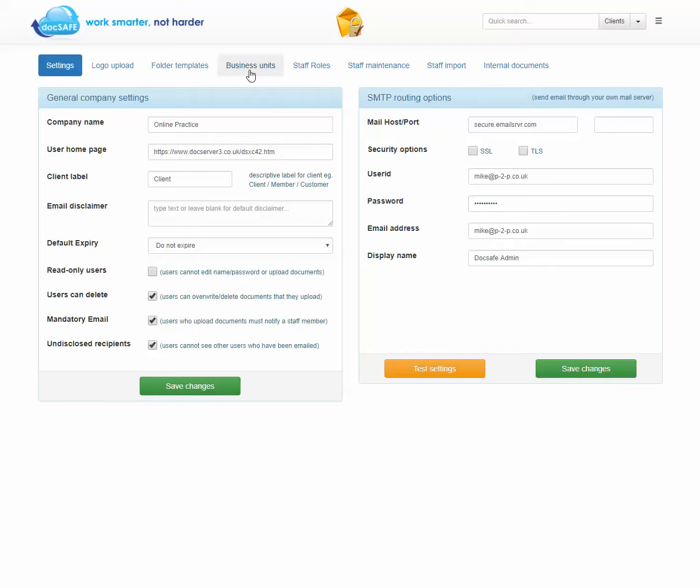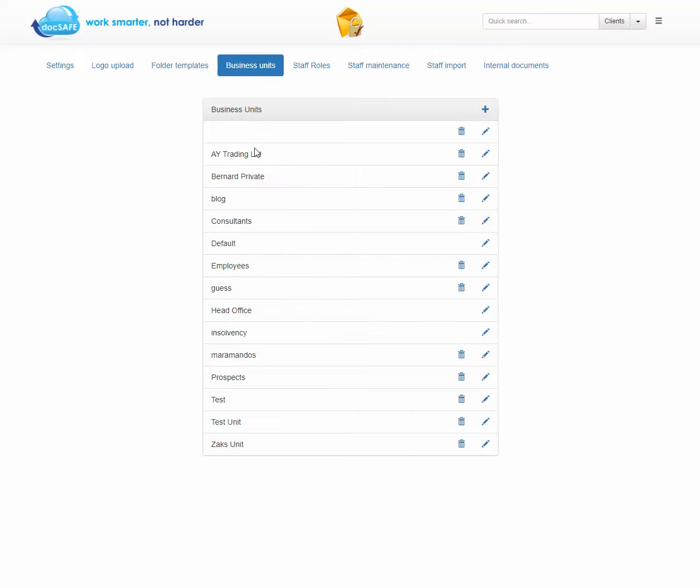Now you click on business units. I've got a load set up here, and you can have any combination you want. And like everything in DocSafe, you simply use the plus button and you name a business unit, and you can simply add them, delete them, and go back to them. You can use the pencil here to edit them, but you can have as many business units as you want to allocate